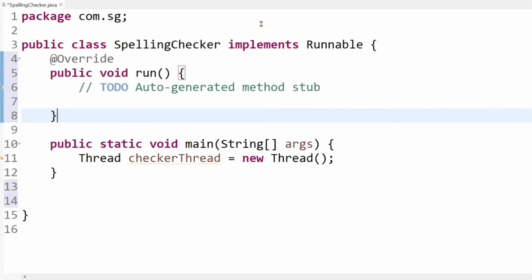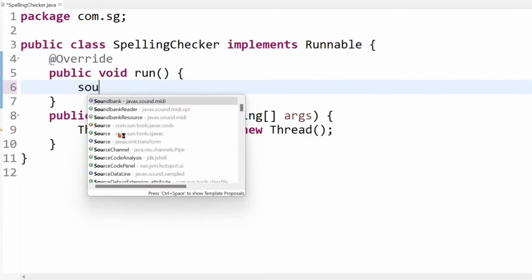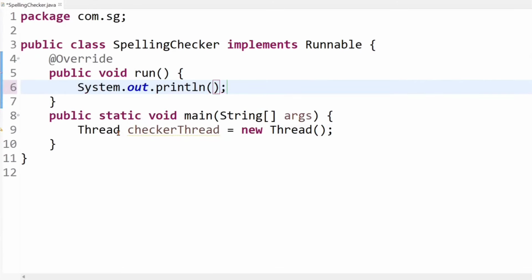Okay, all right. And here inside the run method you can put your logic that the checker thread will execute. Okay, so for now let's print here checker thread scanning text, or we can write checking text, whatever text.